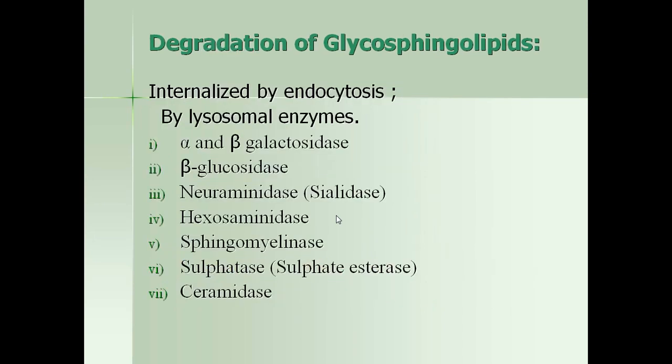Now the degradation of glycosphingolipids. Glycosphingolipids are internalized by endocytotic mechanisms. All enzymes required for the degradation process are present in the lysosomes, which fuse with the endocytotic vesicles. These enzymes hydrolytically cleave specific bonds in the glycosphingolipids, and they include alpha and beta galactosidase, beta glucosidase, neuraminidase, also called sialidase,